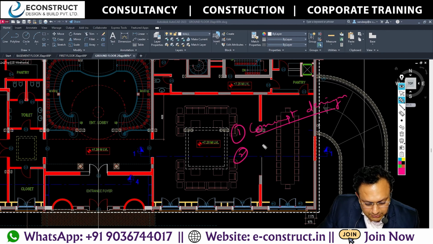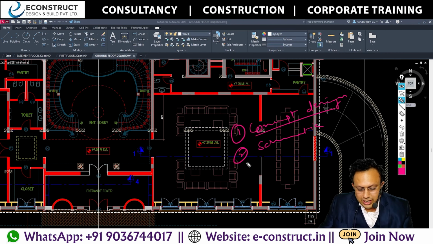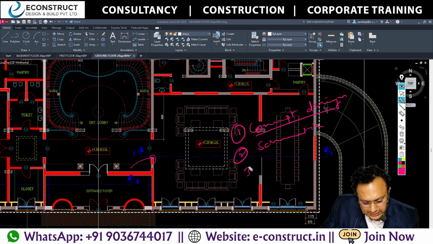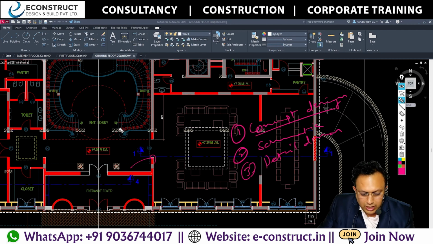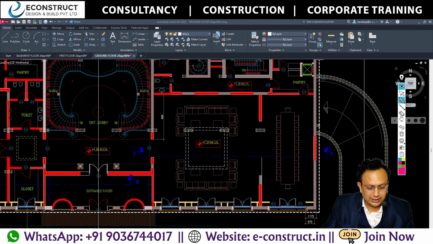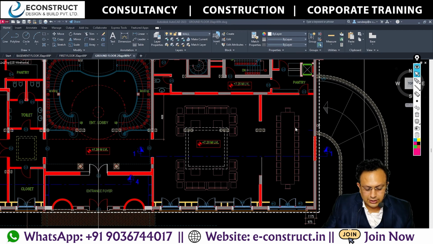The second one is the schematic design. Now the drawing which you are seeing is somewhat in the detail design. The third phase is the detail design, because all the dimensioning and all are there. Later on I'll put the layer on from here so that you will see the entire dimensioning. And after the detail design, it goes to the construction and all. I think we have taken these phases of construction as a topic before, but I would like to show you that